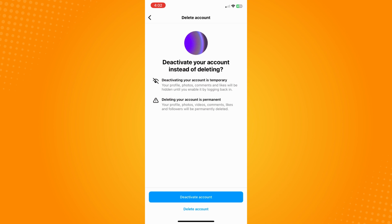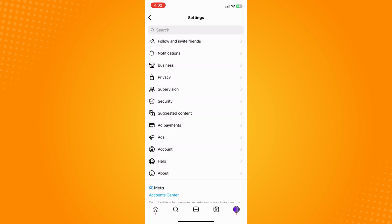So you have to log into your account again. Try to log into your account for deletion. And of course, if you try to delete your account, they will ask for your password here. Now, if you cannot delete your account, then what you can do here is to ask for help